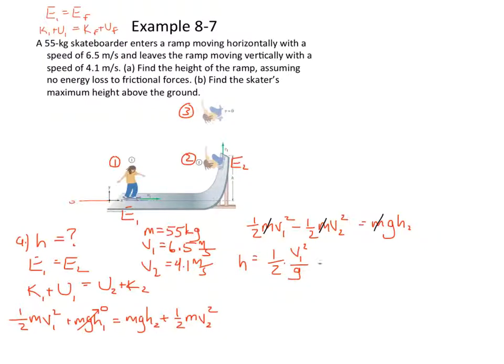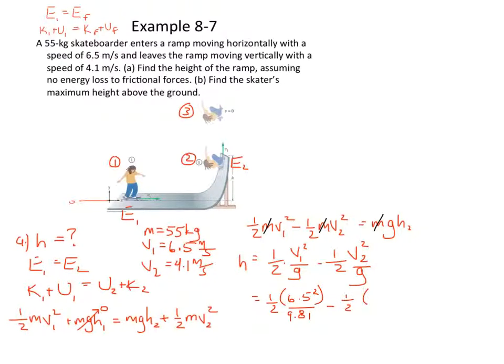I'll do it this way. Minus 1/2 velocity at 2 squared over g. That's going to be our equation for the height of that ramp right there. So let's put in our values and find out what we get. It's going to be 1/2 times, what's our initial velocity? That is 6.5, right? 6.5 squared over 9.81 minus